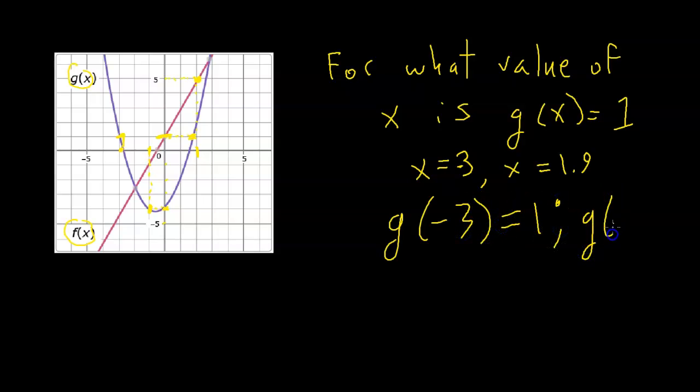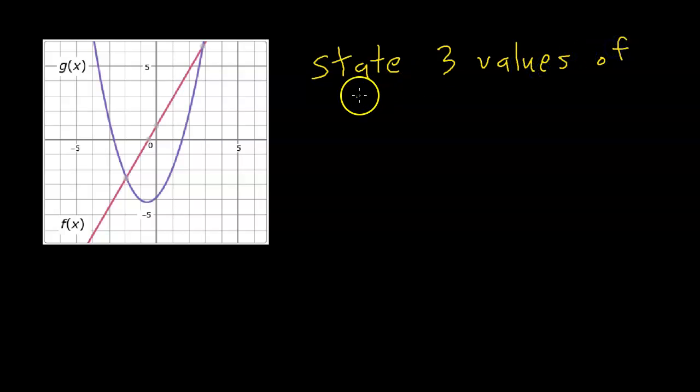And g of 1.9 just about also would equal +1. Let's try to answer a couple more questions about these functions using this graph. Let's try to answer this. State 3 values of x